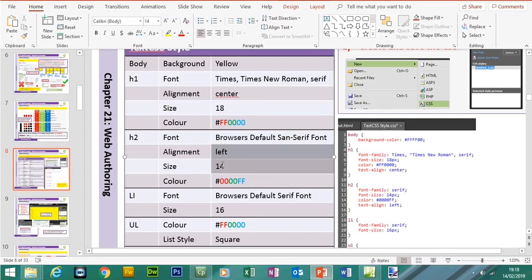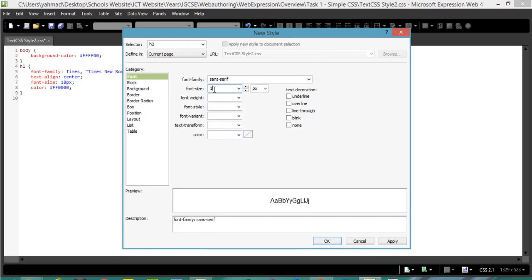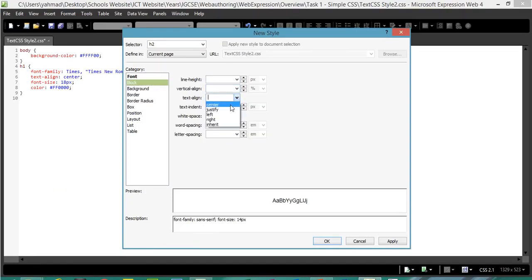Okay, the alignment will be left. The size will be 14. So let's type in 14 for the font size. The alignment, if you go to block, will be on the left side. If we go back to font,